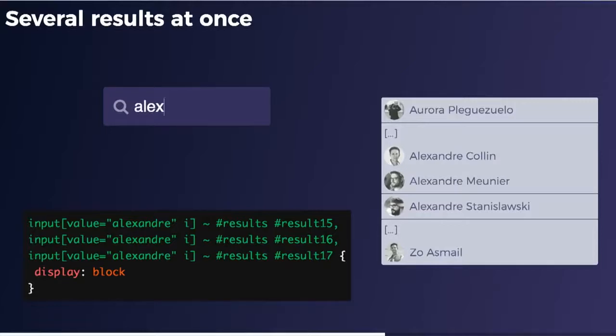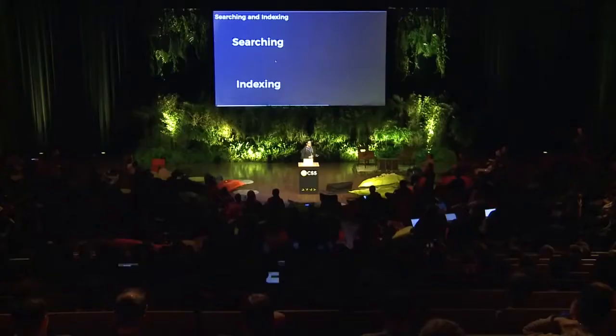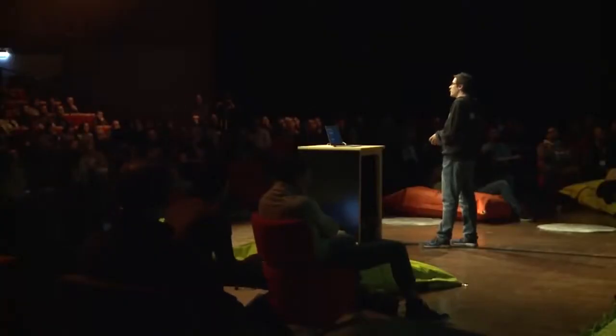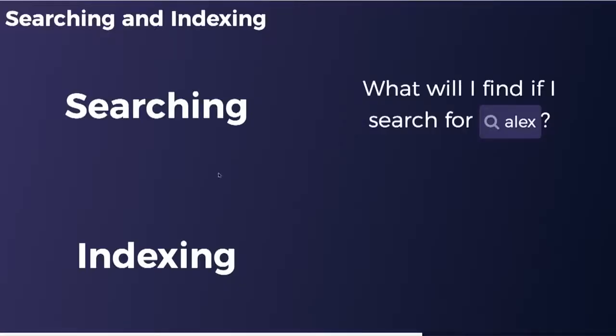So I could do the CSS tricks, it was OK, but I had to actually think about what I'm building. I'm building a search engine, so how does a search engine work? Every search engine is made of two different parts that are called the indexing and the searching. The searching, it's easy. That's what you usually do when you're faced with a search bar. You're typing keywords in the search bar, and the question you are asking yourself implicitly is, what will I find